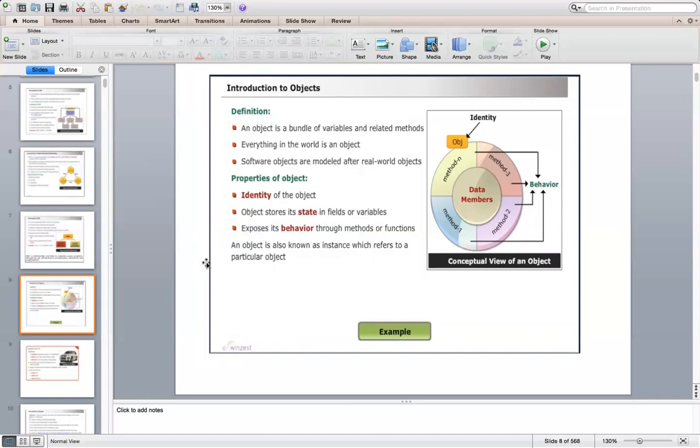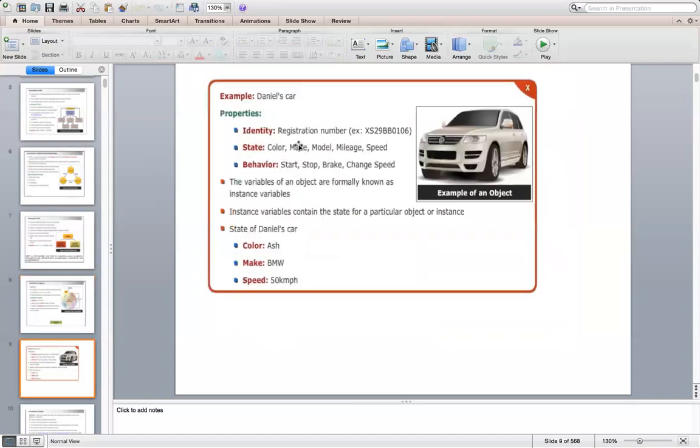As an example, Daniel's car is an object. Daniel's car, my car, your car, or somebody's car is an object. So that is uniquely identifiable, which has certain state, certain behavior, and identity.